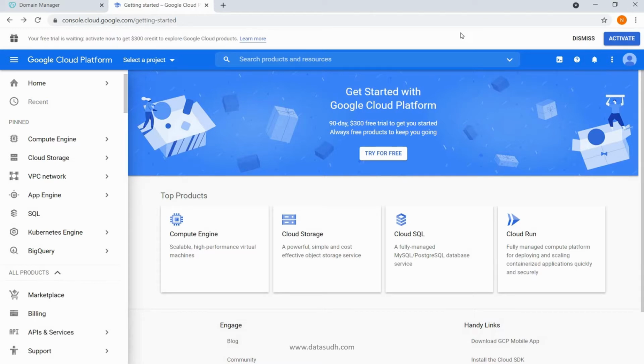So what we need to do is go on the right hand side where we have an activate button. Click on that and activate our free trial. When we click on this button, it will ask for credit card information and some details so that it can authenticate us. It will not charge you for anything. This is a simple process to authenticate that this is a valid user who is using the trial. So go ahead and do that.